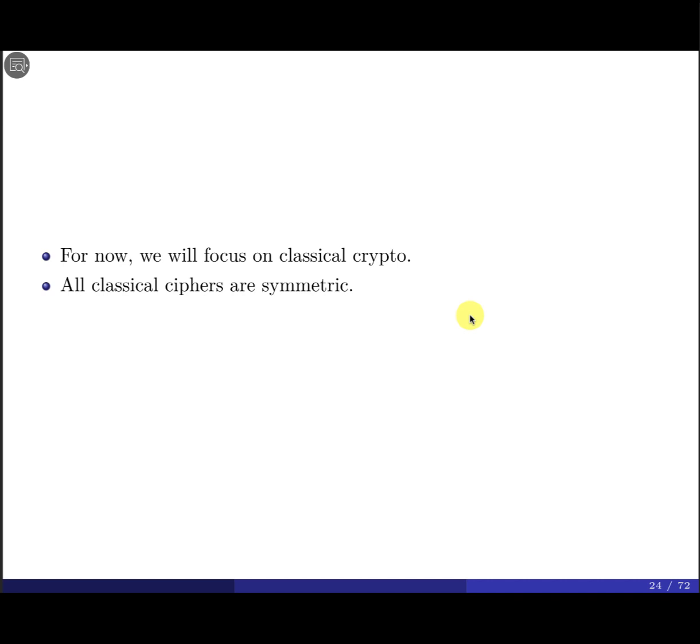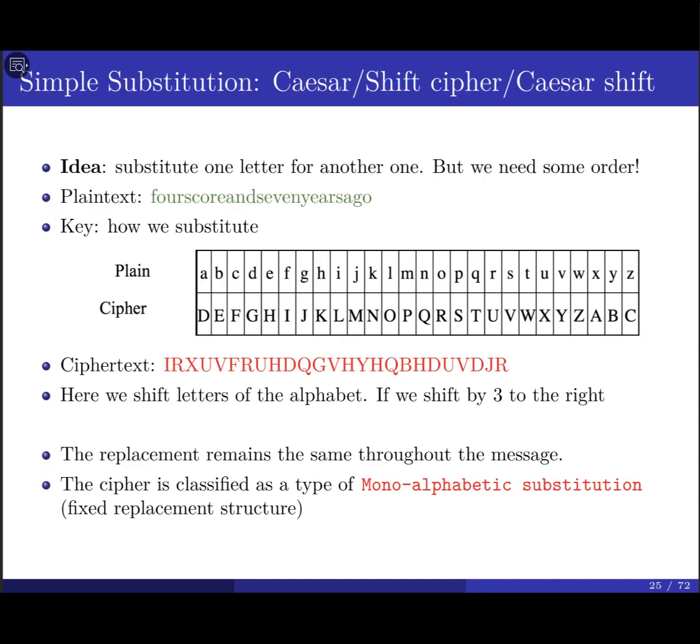So right now we're going to take a look at some examples with the crypto system. So we're going to take a look at the classical or the historical one. All of them are going to use what is called the symmetric encryption scheme. That means we're going to use the same key for the encryption. It's going to be the same key for the decryption. Okay, so the first example you are familiar with is Caesar